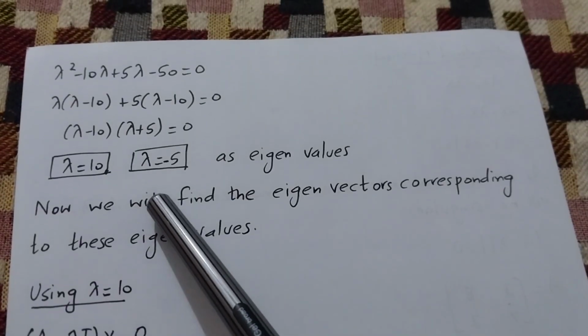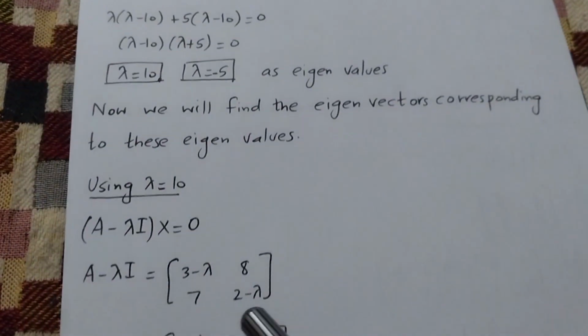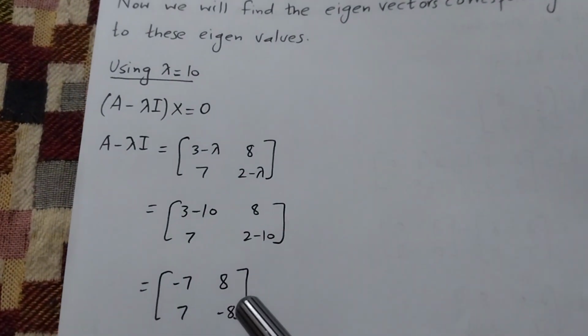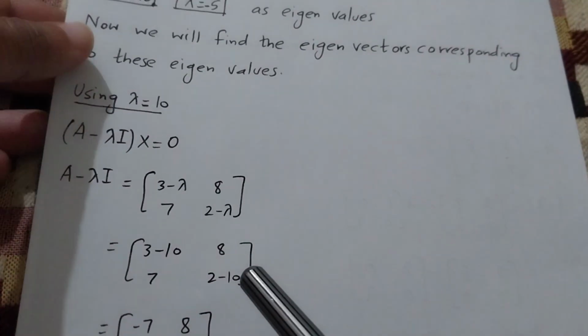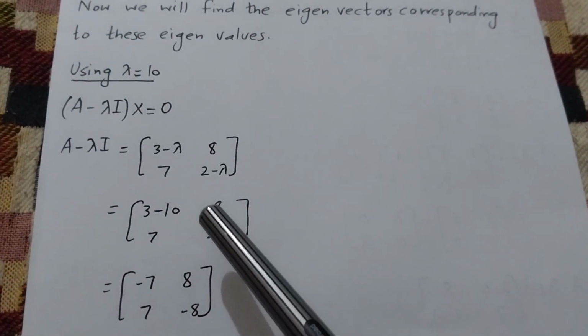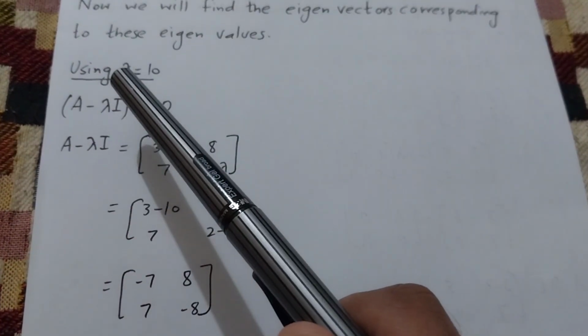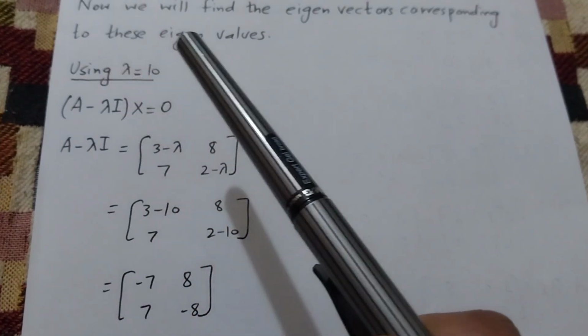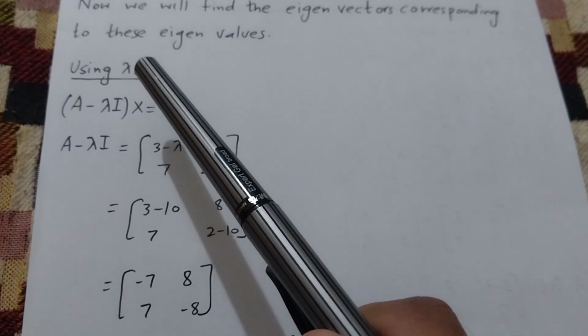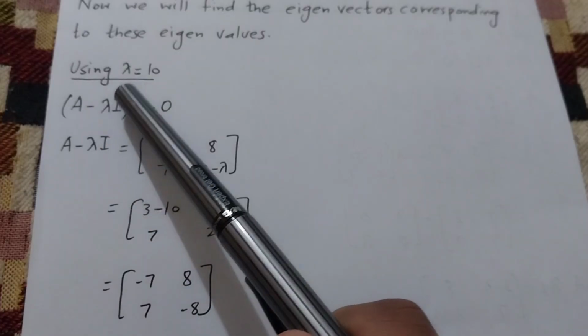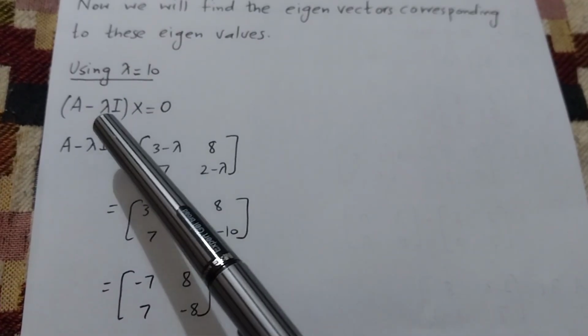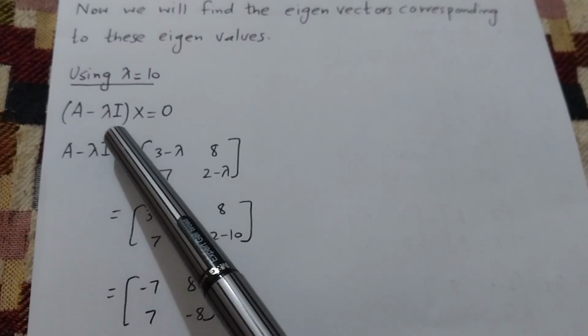So the first part is done, eigenvalues. Now we'll find the eigenvectors. Each eigenvalue will have an eigenvector associated with it. So firstly, we are using the eigenvalue lambda is equal to 10,